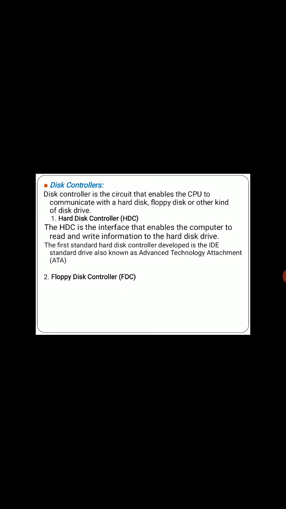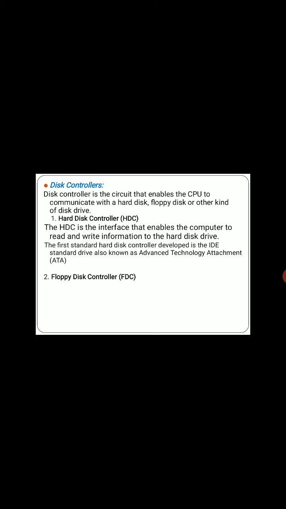Next is FDC. FDC is nothing but a floppy disk controller. Floppy disks are not used nowadays, but in previous days everyone used floppy disks. Floppy disks were used for moving data from one system to another. Nowadays you use pen drives or CD drives, but in olden days they used floppies only. In the first year I already discussed what a floppy disk is, and its size, normally 1.44 MB.